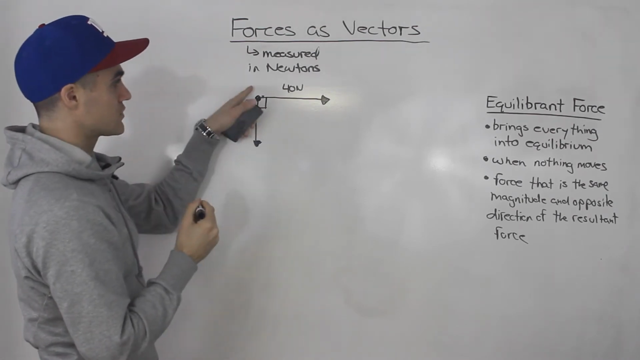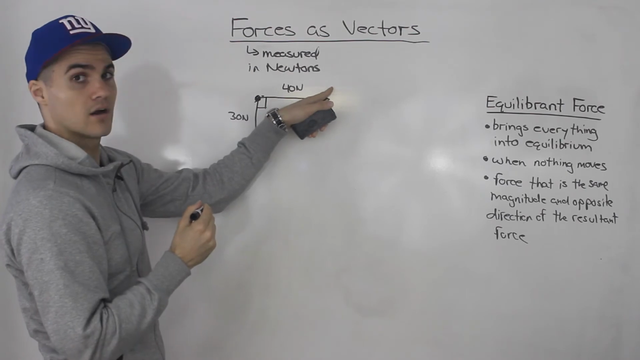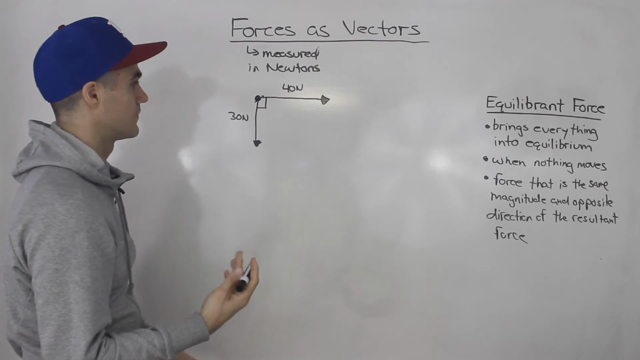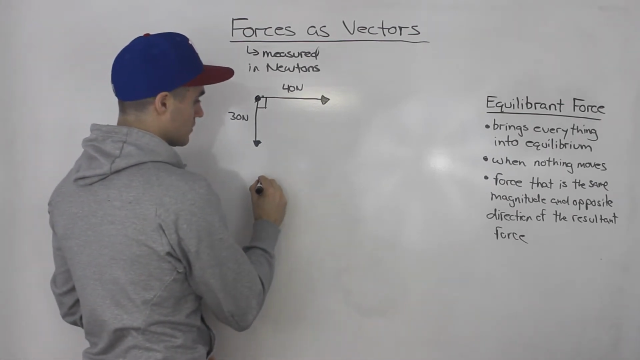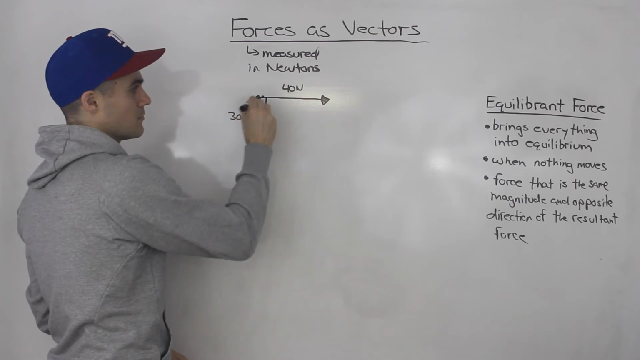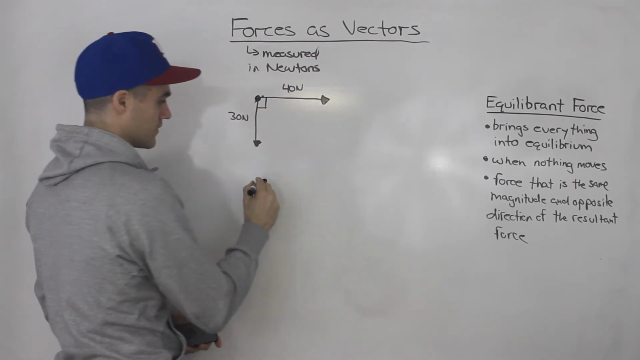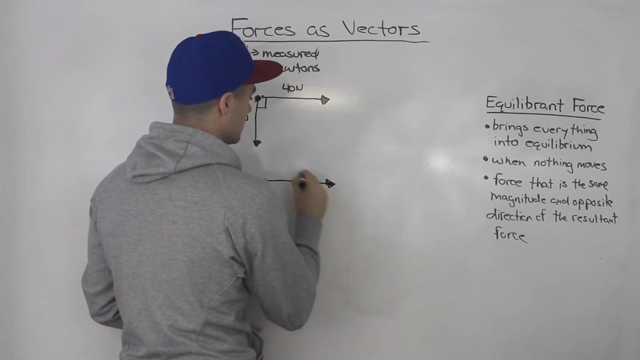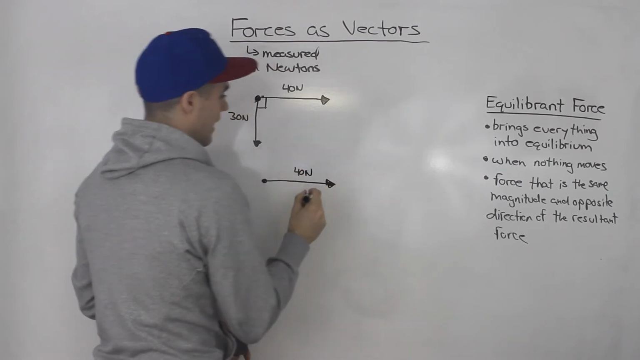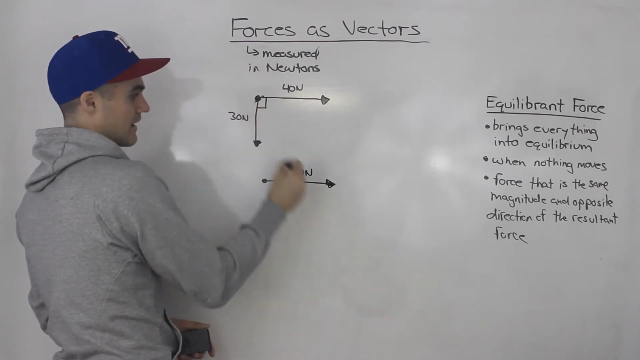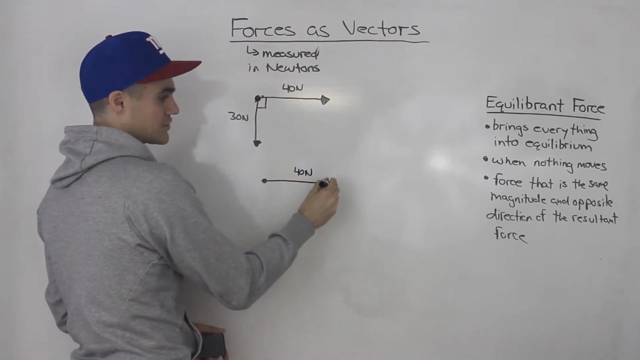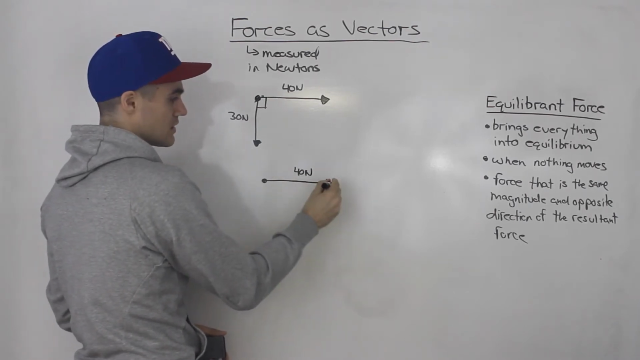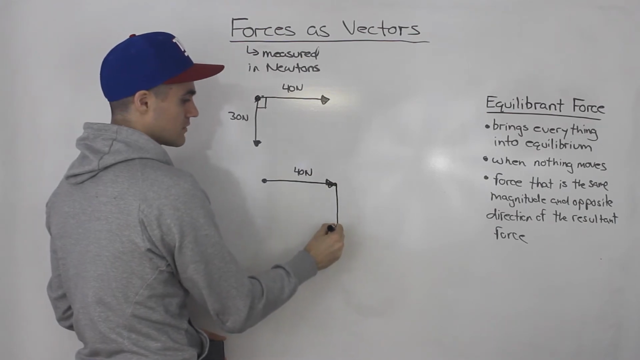So now, if there's 40 newtons acting this way on this object, 30 newtons acting this way, what's going to be the resultant? Well, the way you find the resultant is you have to take both of these vectors and then add them. And when you add vectors, how do you do that? Well, we'll take this first vector here, 40 newtons, and then to add this vector, you need to attach it to the head of the last vector. So 40 newtons plus 30 newtons here,